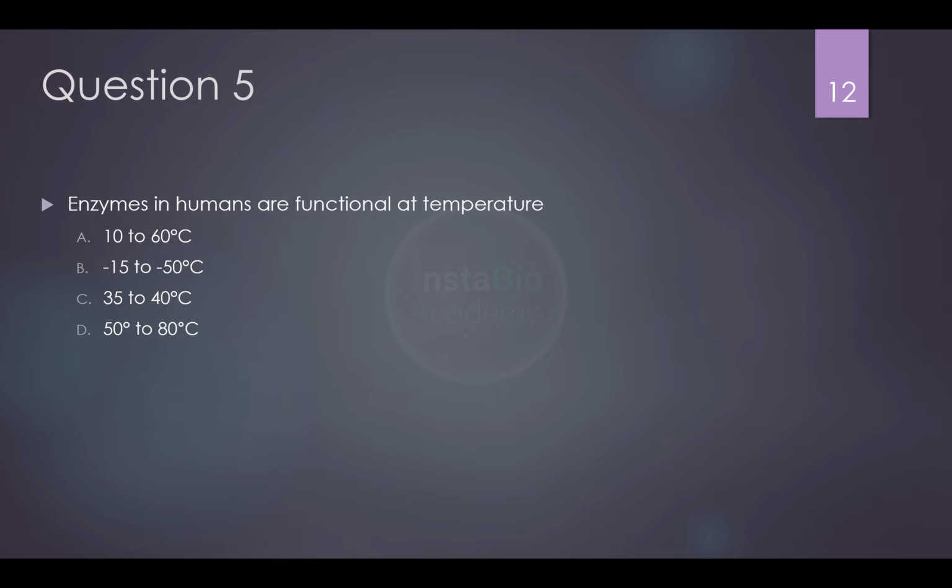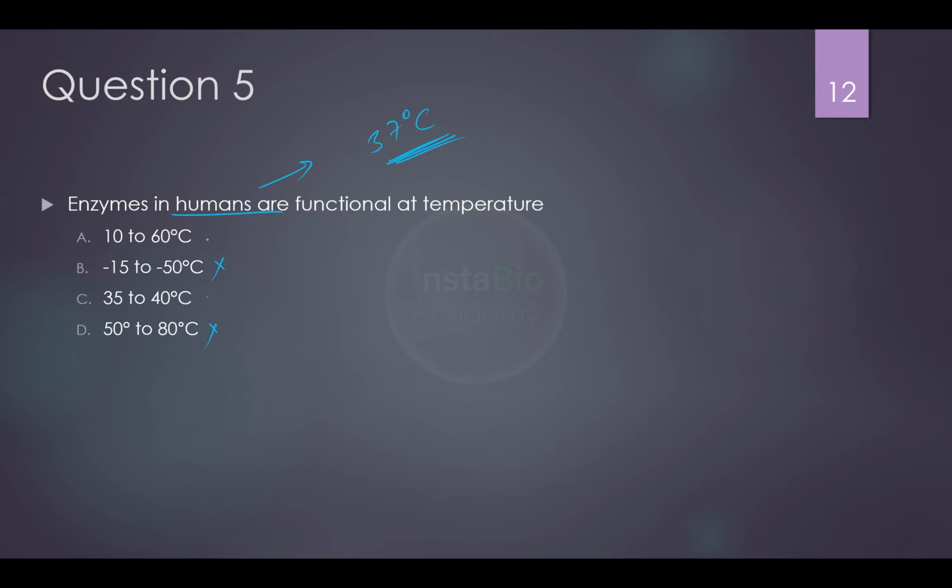Enzymes in humans are functional at temperature. Now 10 to 60 degrees, okay. See, humans, what is our body temperature? 37 degrees Celsius, right? So the enzymes in humans should be functional at least at this temperature. And if you see, out of these, this doesn't fall in the range. This doesn't fall in the range. Now this does fall in the range, but this is way beyond